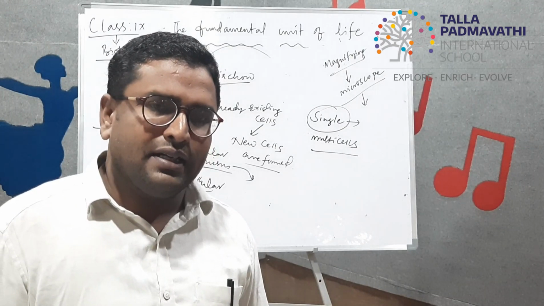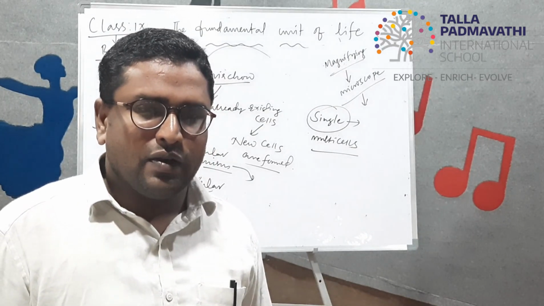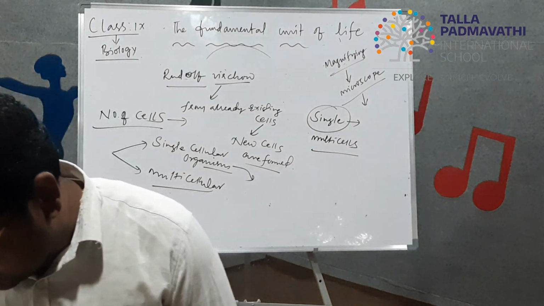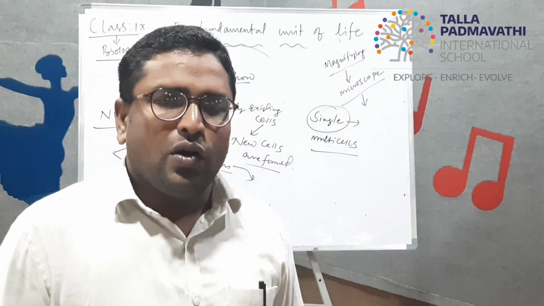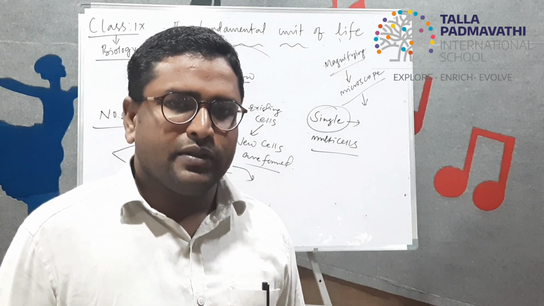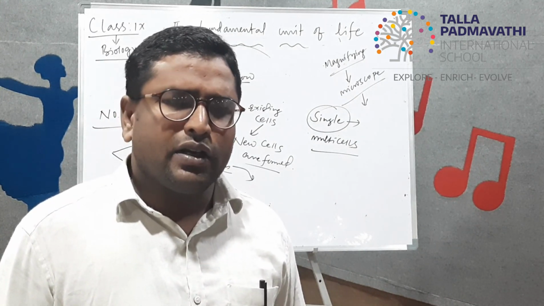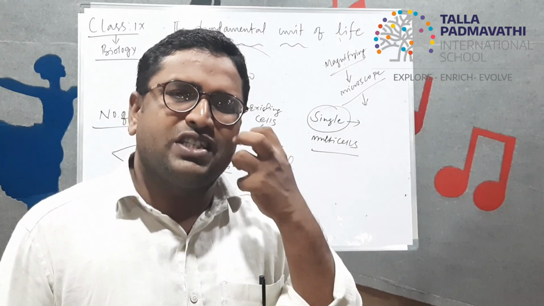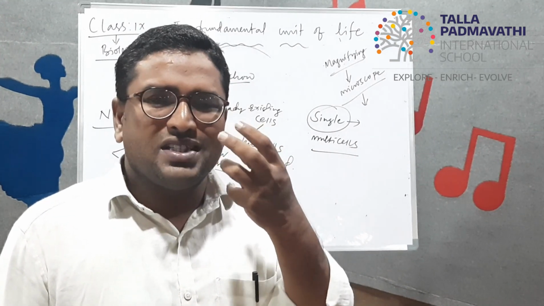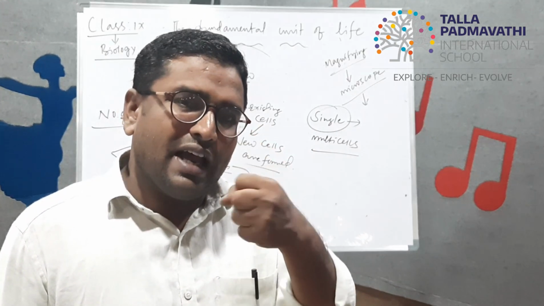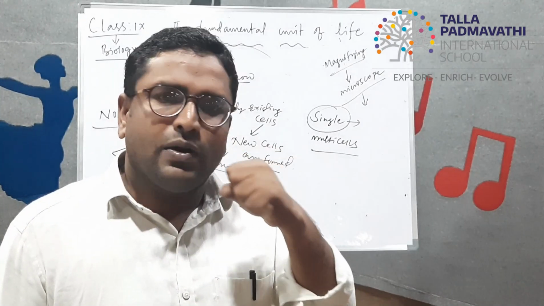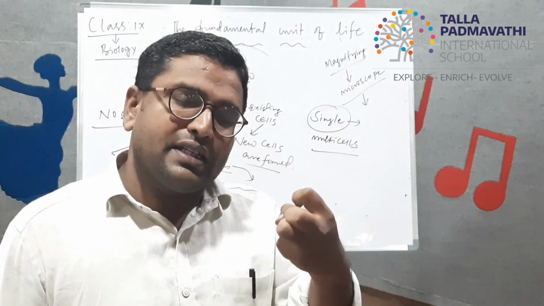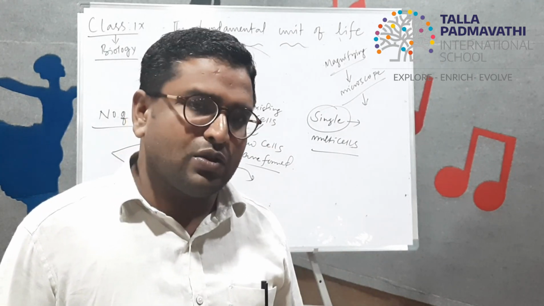Make you understand the structure of the cells from the onion peels. After observation through onion peel cells, you can also observe the cells in our cheek. You can scrape with the help of an ice cream spoon inside your mouth, take those cells outside, and observe them through a microscope.